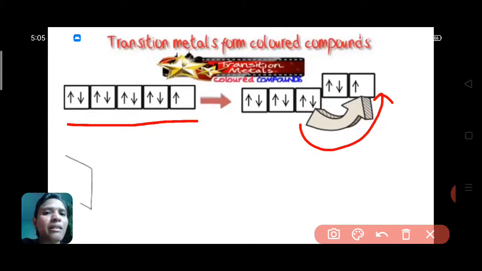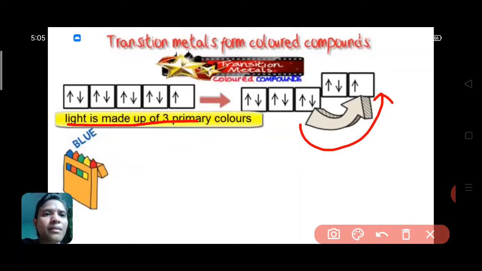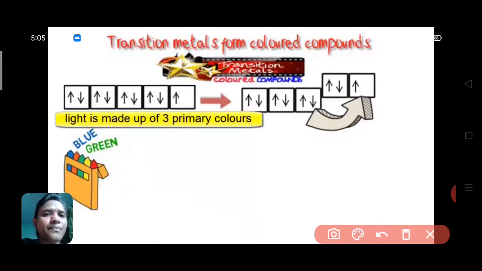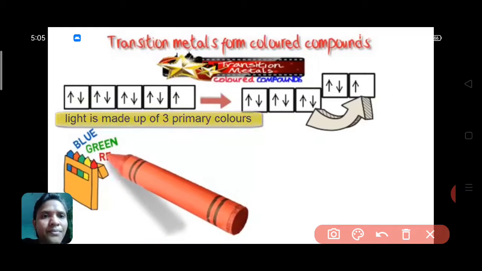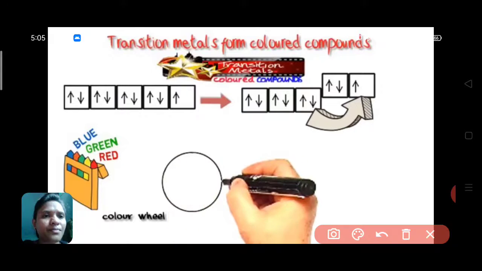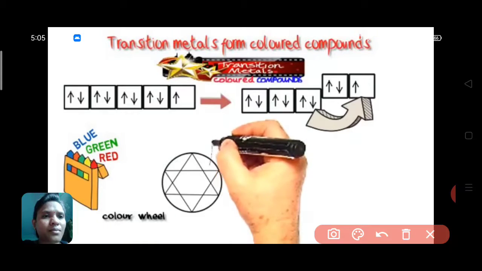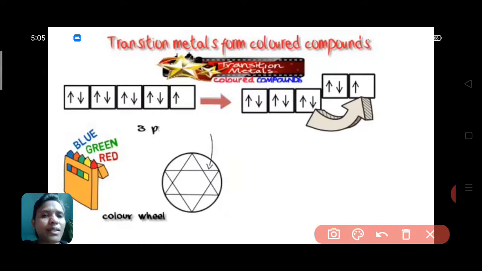Of course, when we think of colours, we might well think of coloured pens or crayons, or mixing different coloured pigments in art. Now, the rules can be somewhat different when it comes to mixing colours of light. White light is made up of three primary colours: blue, green, and red. It's helpful to take a look at the so-called colour wheel here, made up of a circle with two interlocking triangles. One of these triangles is used for the three primary colours, shown in blue, green and red.